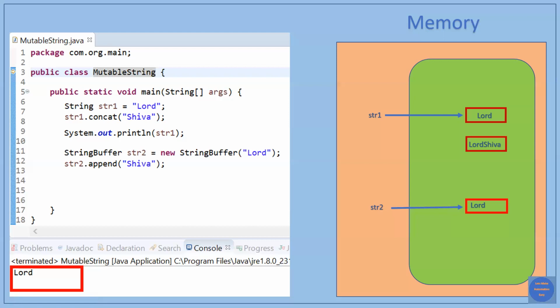Actually this append function is going to do the same thing as the concat function is doing in the String class. It is going to concatenate. They have just given a different name in the StringBuffer class. So when the control comes to this line, just see in the memory, it is going to perform the operation of concatenation in the same object. So in this case, if I print str2 in the console, it will